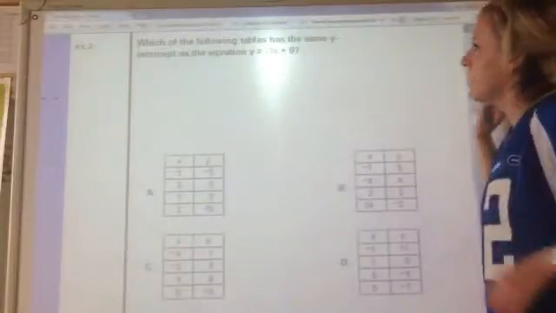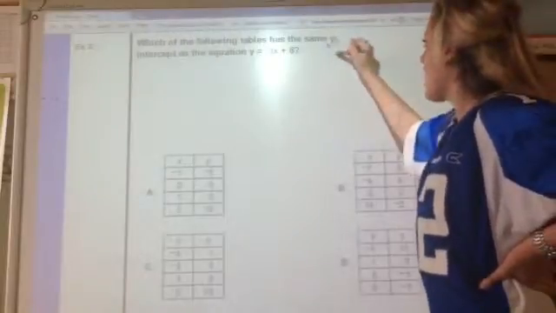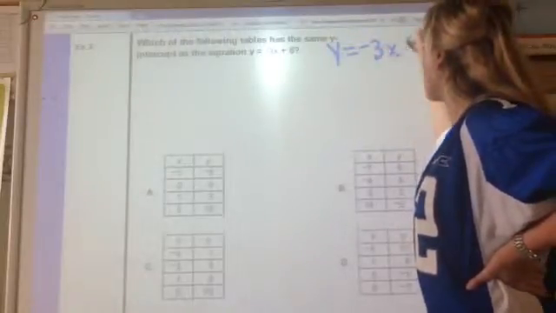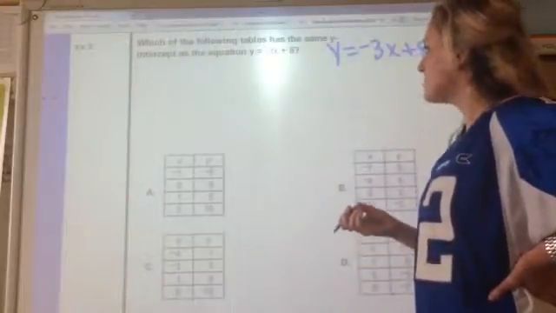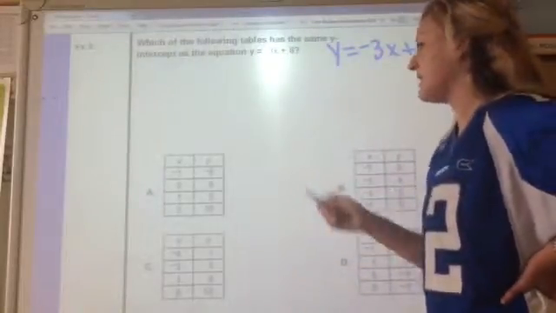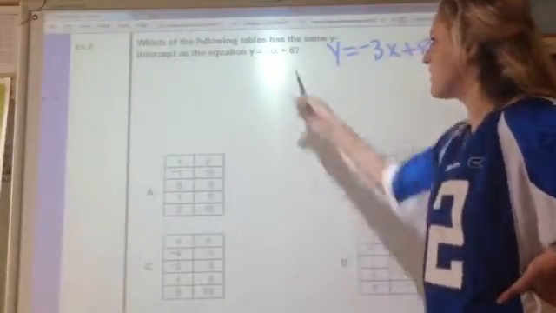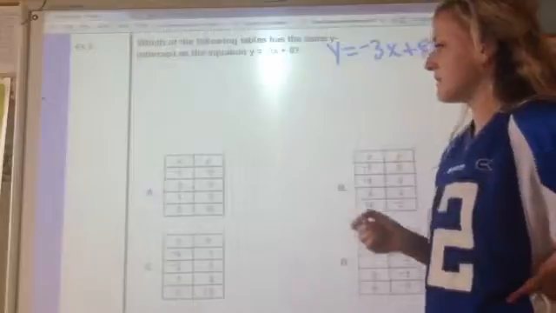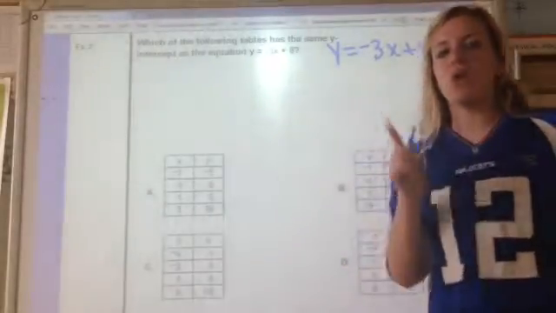Let's do the second one. All right, which of the following tables has the same y-intercept as the equation y equals negative 3x plus 8? Now, what I want to do here is go ahead and find the slope and the y-intercept of each one of these tables so I can figure out which one has the same y-intercept. But if I look at my answer choices here, there's one that I can already eliminate